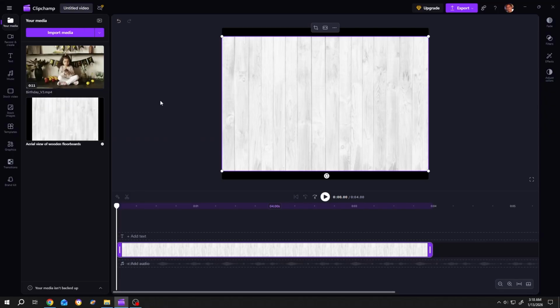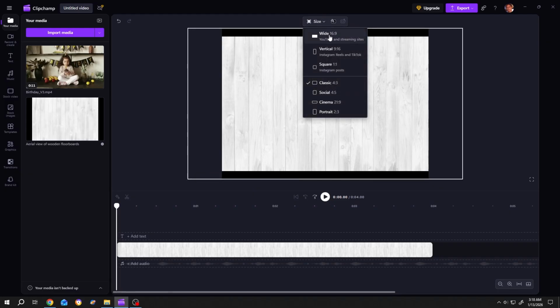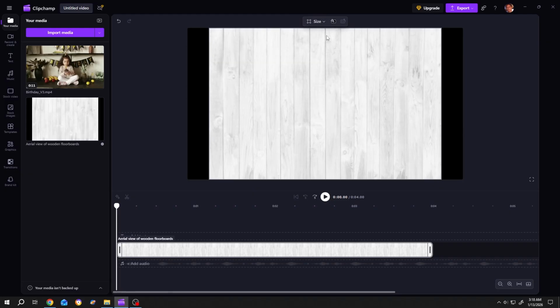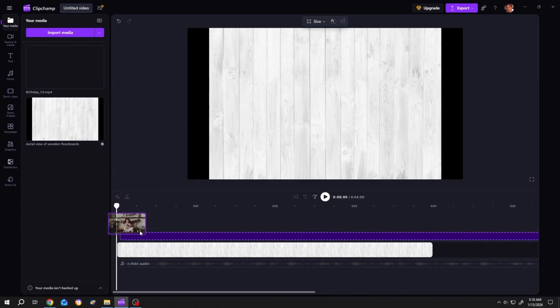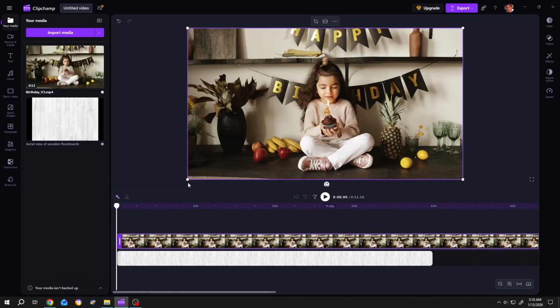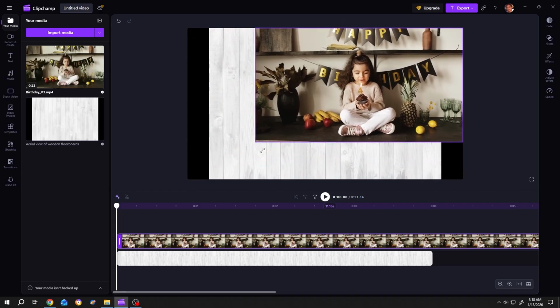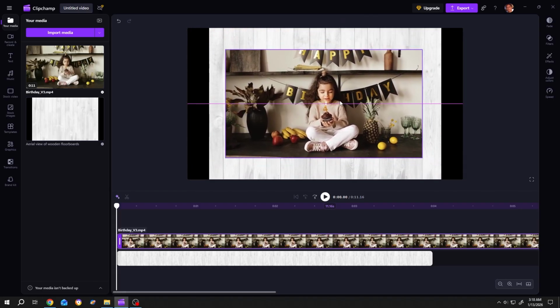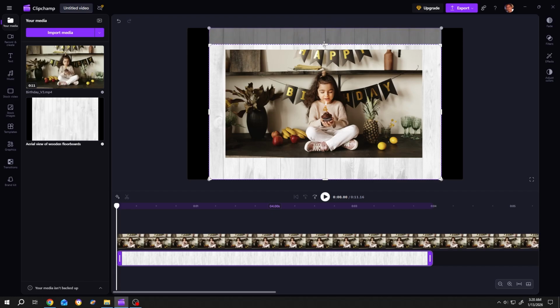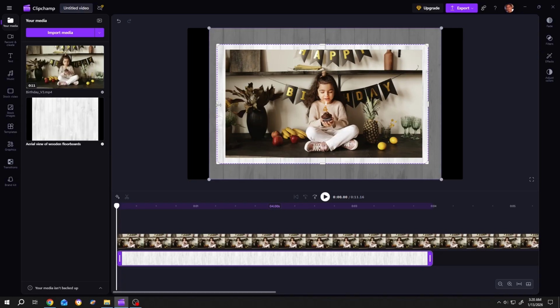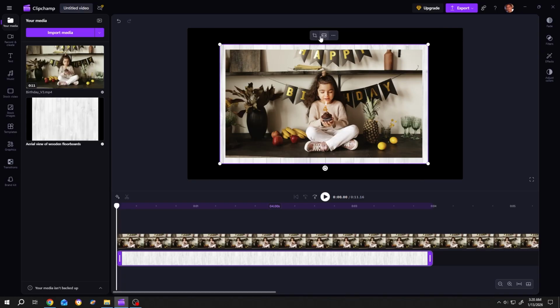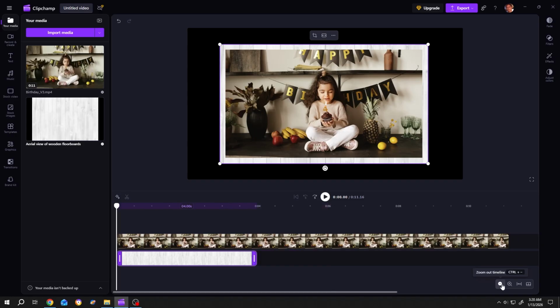Click on empty space, change to proper aspect ratio, totally up to you. Bring the video to the timeline, scale it down a little bit, select the background layer, go to crop, adjust the video frame width, confirm it, give the background layer same length as the video clip,